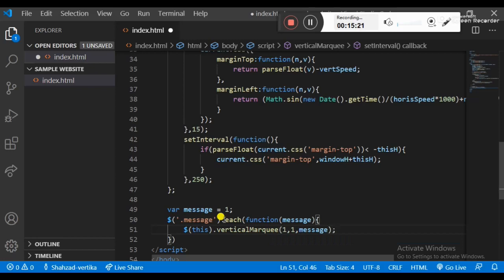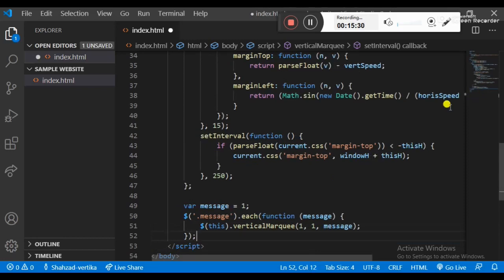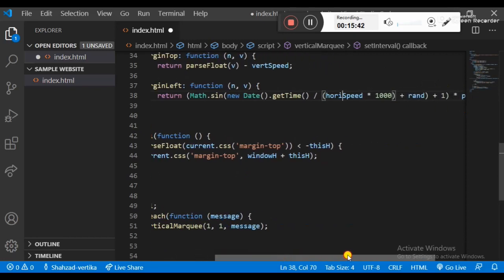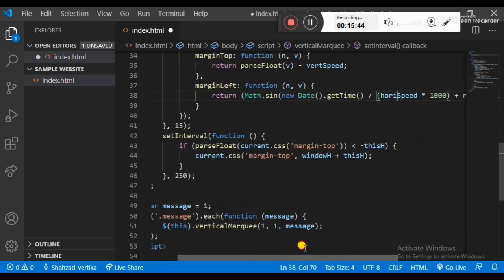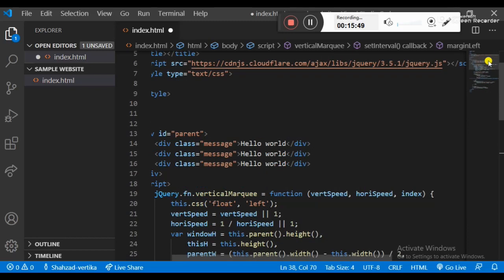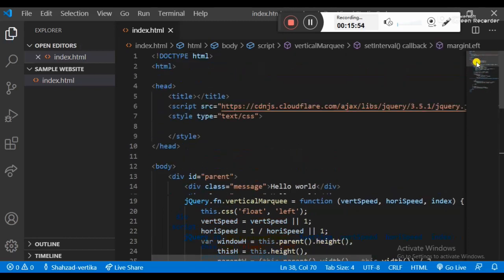So now I am finishing the part of jQuery, and in the end we just apply the formation of these queries. And what happened to the this is the hori, it's not a horis, it's a hori speed, horizontal speed, and this is a random number which is parent view, parent void. And now we are going towards the CSS part. So what should we do? That we just need to apply the CSS here. So in the CSS part, what should we do?